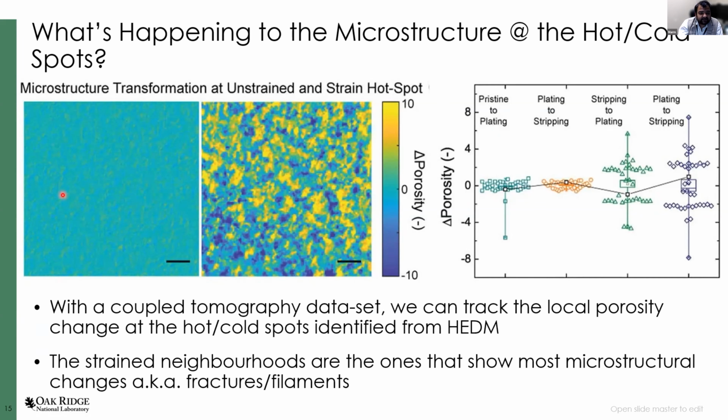And so we have two regions here. One is a region near the bulk, the zero average region, and one where we had a maxima or minima. We can clearly see that between the failed and the pristine sample, the bulk region showed essentially no change in porosity, but the region which was a hotspot or a cold spot that we investigated was